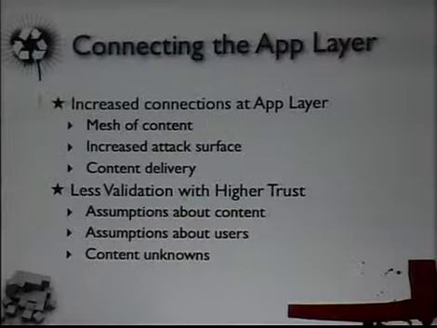There's also less validation with higher trust. When a developer decides to write something that pulls content in from an external location, it's seen as being at a higher trust level than if a user makes that decision. We all know developers make mistakes too. There are a lot of assumptions being made about the content delivered on a site, whether it's hooked in through an API or pulled in through a feed, and these assumptions will actually kill you in the end if not